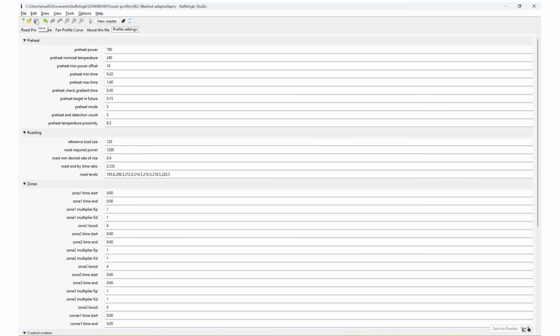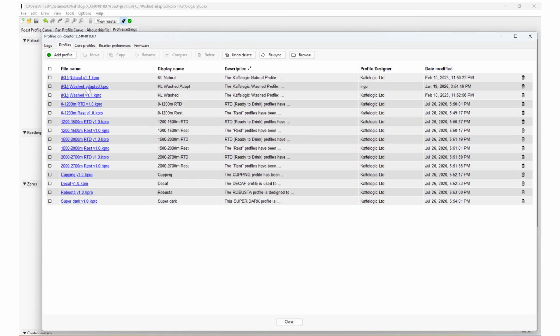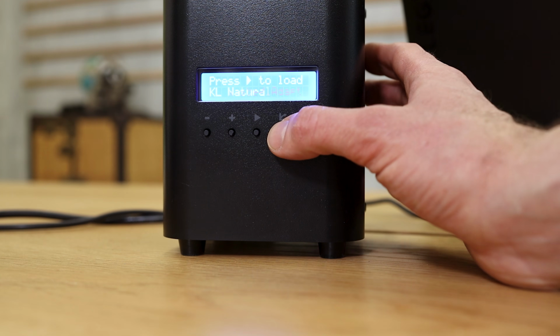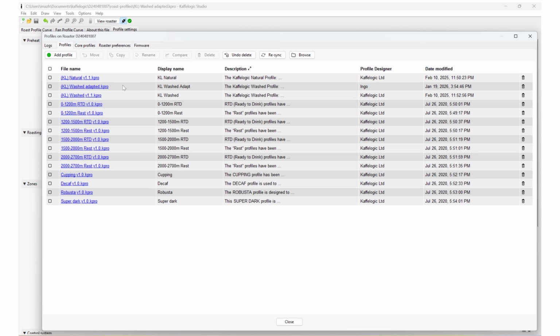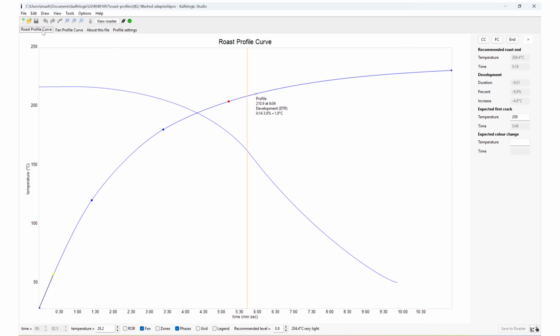And now, it's saved and it's also synchronized. So I see the profile is here now on the machine, KL Washed, profile designer Ingo. And it is ready now. It's now also on the machine, so I could choose it on the machine. And to show you then the effect, I just did 2 roasts for you,